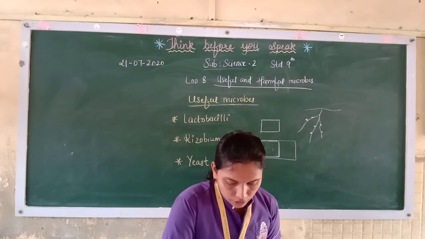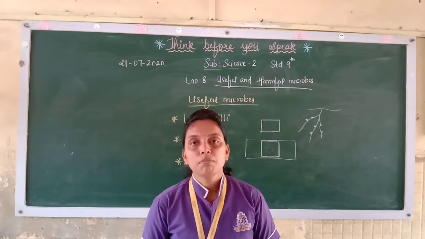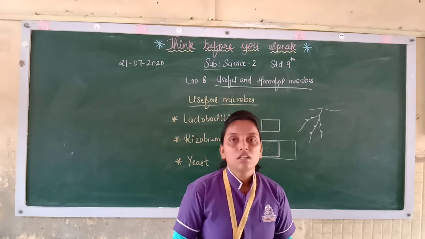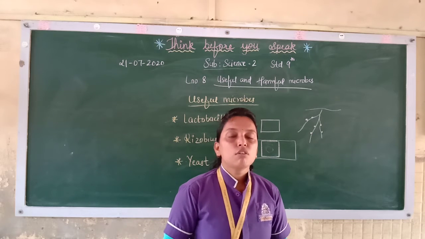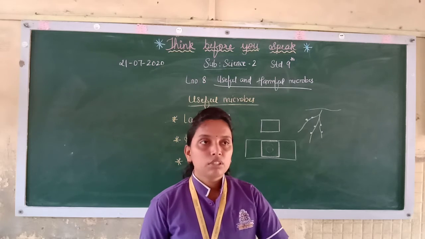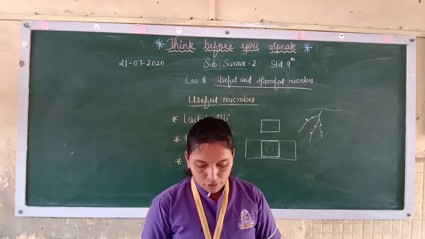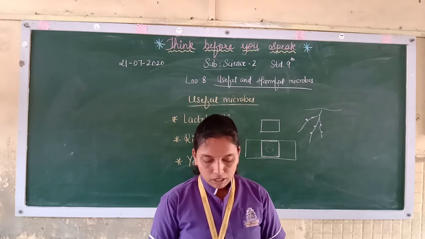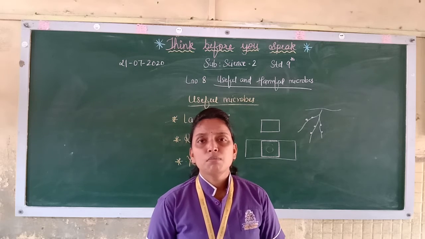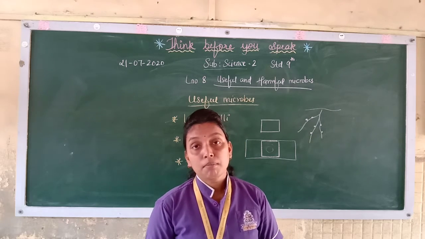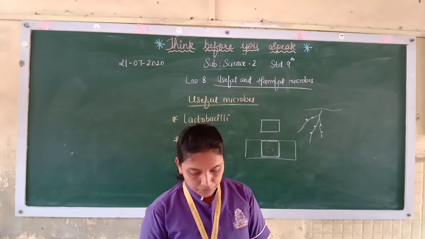Yeast is a heterotrophic fungal microbe and grows on carbon compounds. Now heterotrophic means, unlike autotrophic, like plants. They are autotrophic because they can prepare their own food. Heterotrophic means they cannot prepare their own food, they depend on others for the food. So here also yeast is a heterotrophic fungal microbe that grows on carbon compounds. Now these microbes mostly grow on organic matter. Organic matter means carbon containing compounds. So they grow on the carbon compounds.